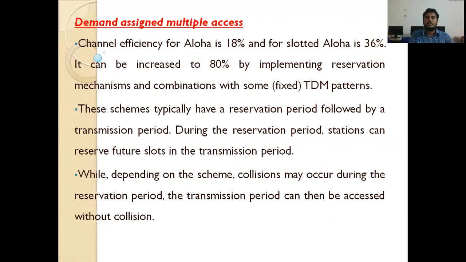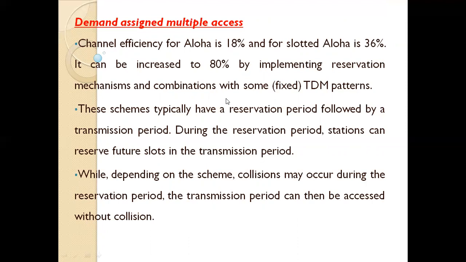Efficiency means how much it reduces the collision. That is the efficiency rate. How do we calculate the efficiency? Here there is only a possibility of 20% collision. Here the possibility of collision is 64%. Here the possibility of collision is 72%. Sorry, 82%.